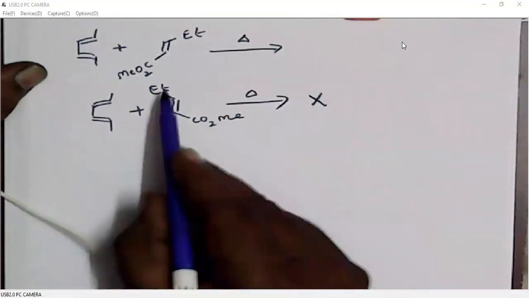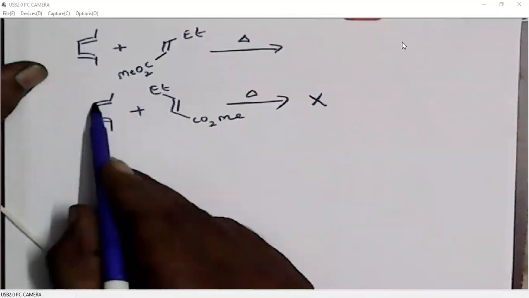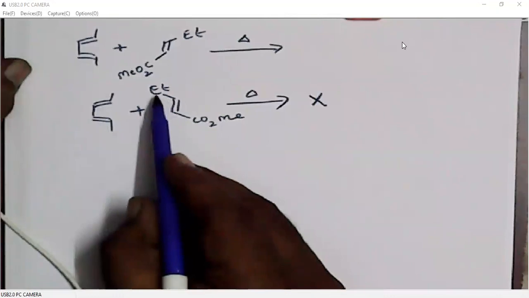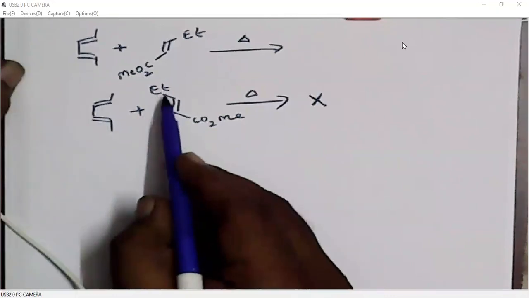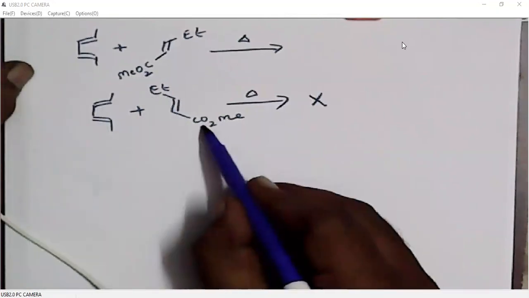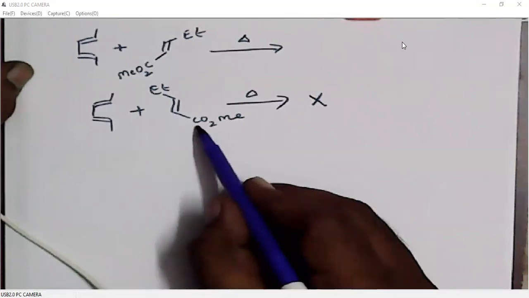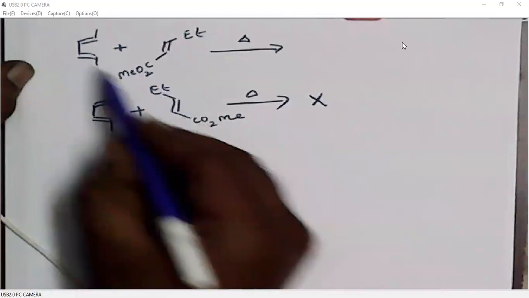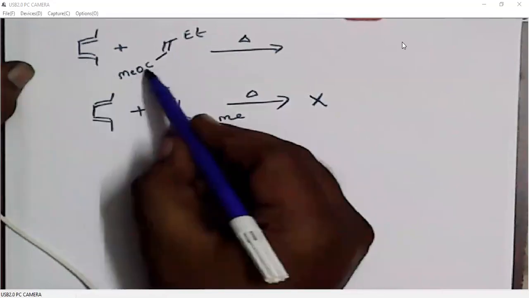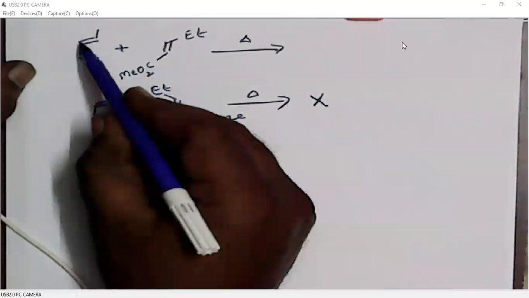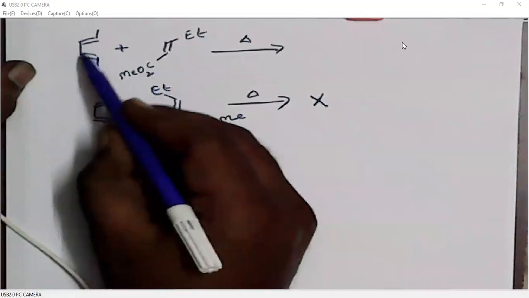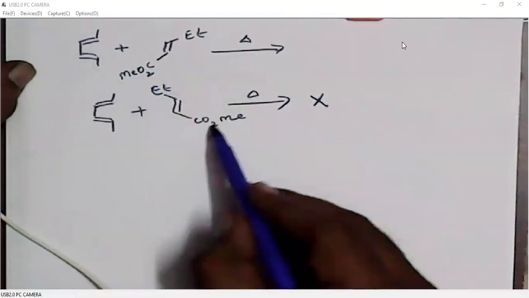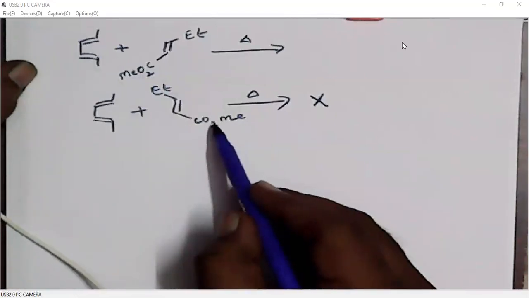Yes, ethyl is placed towards the diene, but ethyl doesn't have any additional double bond which will lead to endoselectivity. Whereas the ester C=O is there. If we place it like this, then the C=O is nearer to the diene. In that case, the C=O will have secondary orbital interaction with the diene. Then it is possible to have endoselectivity. But if we write like this, we don't have endoselectivity.